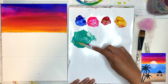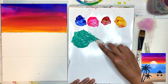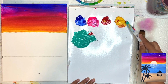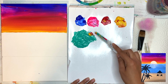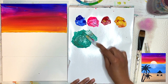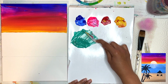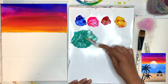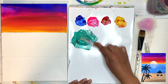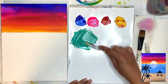Okay, so it is getting a bit duller, but we want it just a smidgen more. So I'm gonna grab a little bit more of that red, a little bit more of that yellow, and mix it right in. And also to note, with acrylic colors, once they're dry, they often dry a little bit duller and darker than when they are wet. So keep that in mind as well. About a shade or two darker when they're dry. So when you have a nice muted teal color,